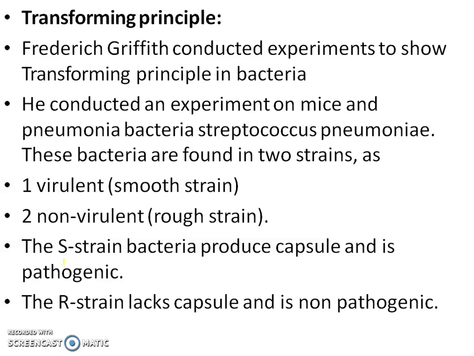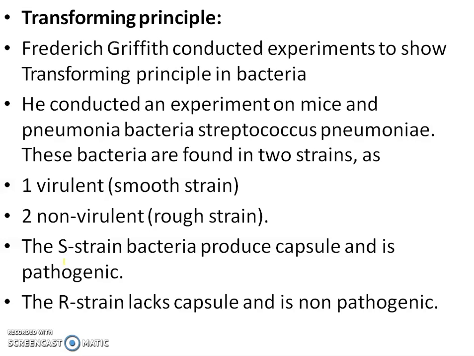So this was the first experiment, done in 1928 by Frederick Griffith. That was Streptococcus pneumoniae. It caused a specific type of pneumonia in the mice. This bacteria is in two forms, the rough variety and the smooth variety. The smooth variety had a capsule and the rough variety did not have any capsule. They also occur in various strains. The smooth variety is virulent.